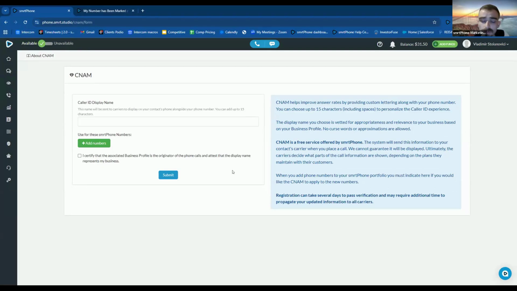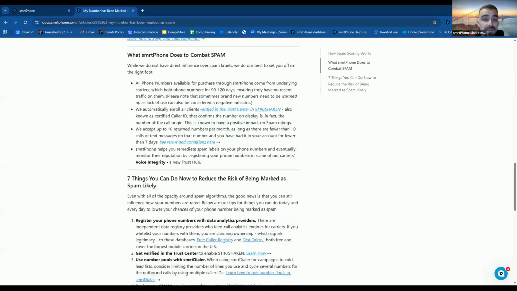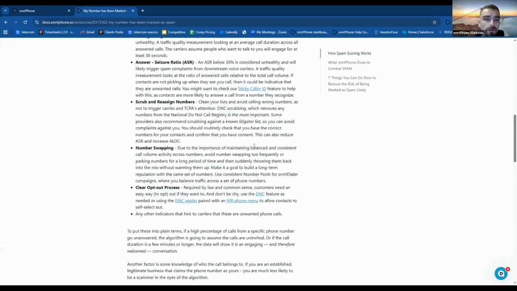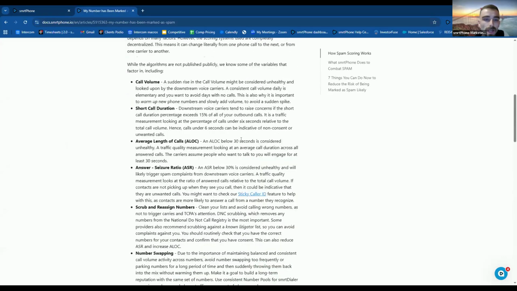Everything that I showed you so far can be done on the back end, so to say. But besides that, you can also pay attention proactively to certain KPIs and certain metrics that the carriers look at. Since the public information is quite limited, we don't have a lot, but we know that the call volume is very important.